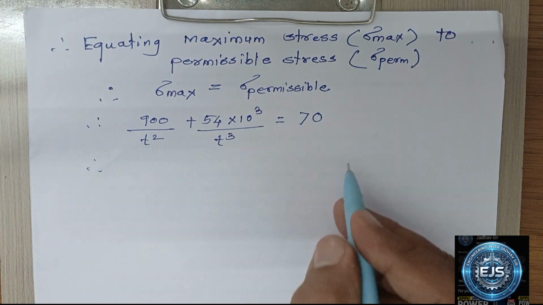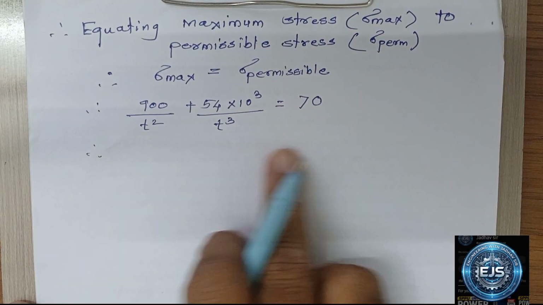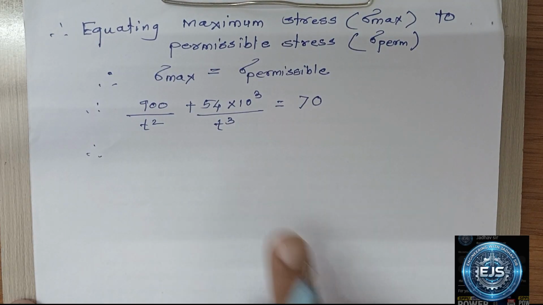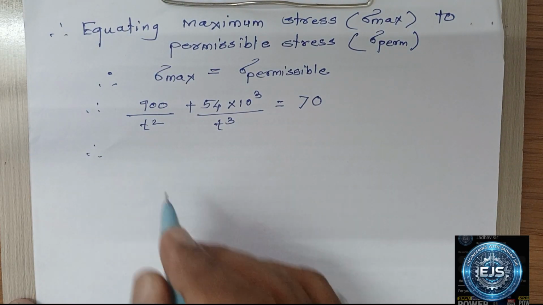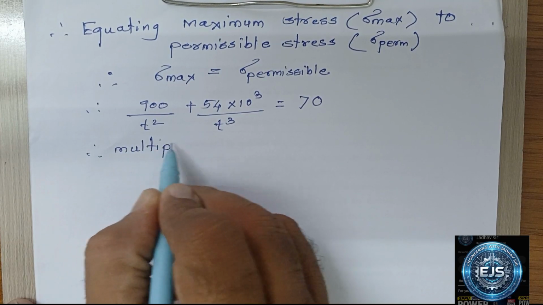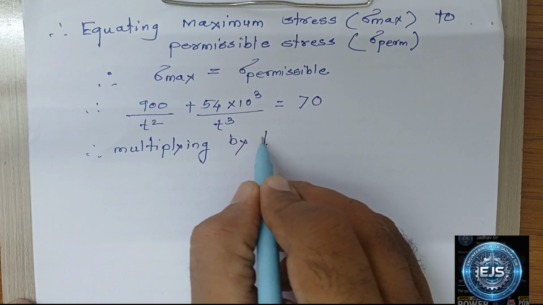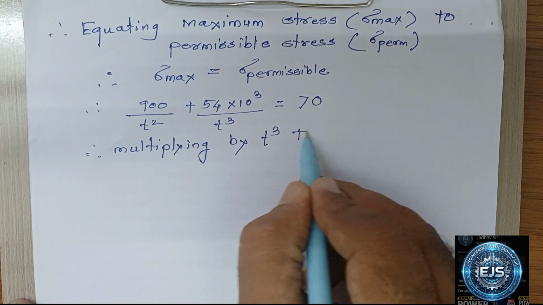So here we have to solve this equation now. Each term will be multiplied by T cube on both sides of the equation. So multiplying by T cube throughout the equation, we get